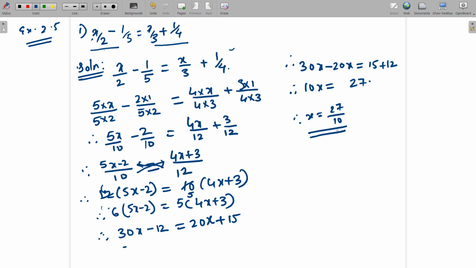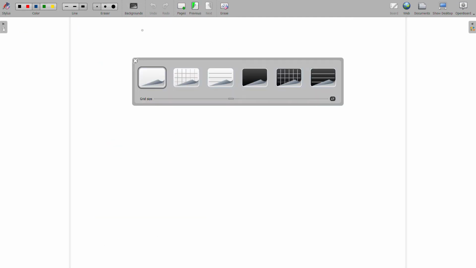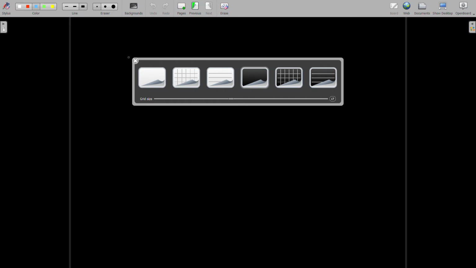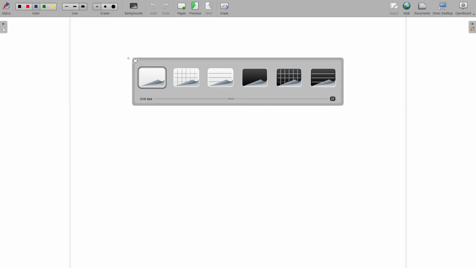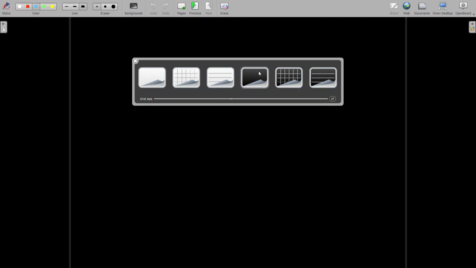Got it? So this is how we need to solve the example when the denominators are different. Now the next example we will see is, let me just change the board for clear visibility. Okay. Now the second example is